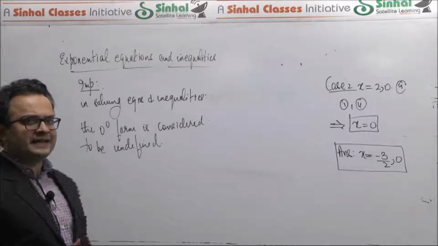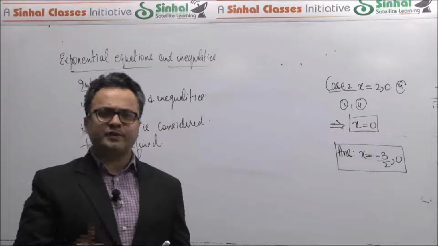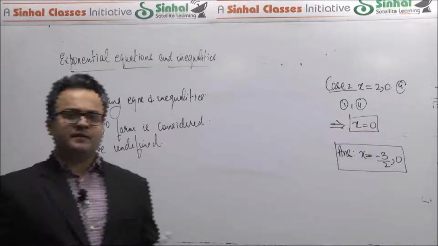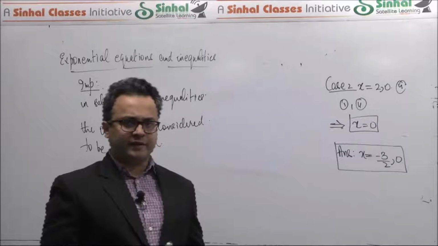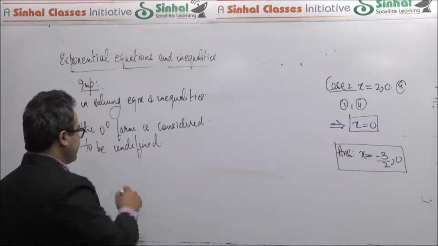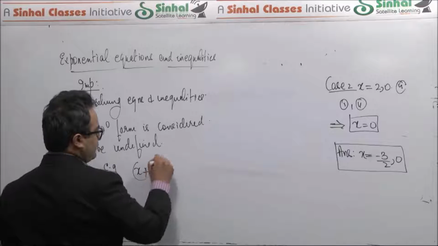Exactly in the way that we say that all those values of the variable for which the denominator becomes 0 have to be rejected, similarly, if there is any value of the variable for which you have a 0 raised to 0 form, such a value also has to be rejected. So as an example, let's say this is your equation, x plus 1 raised to